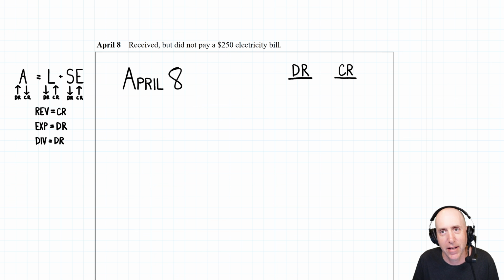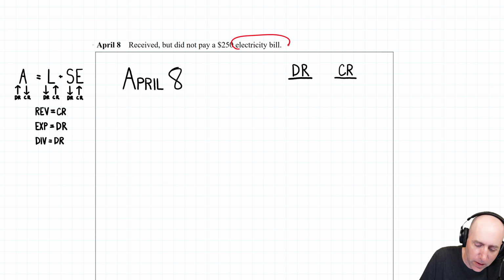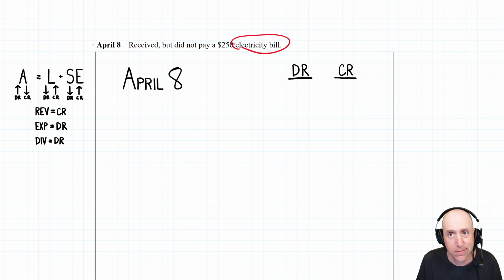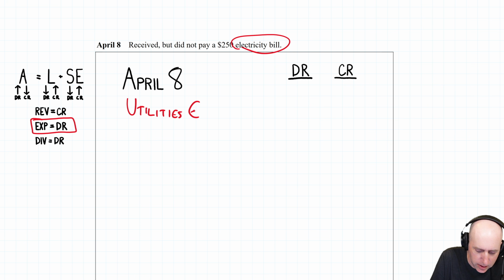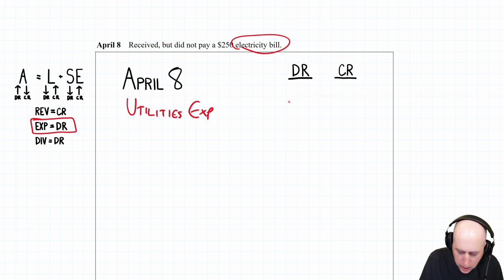Did cash change hands? No. What is an electricity bill generally going to be? A cost, an expense. So our debit is an expense related to electricity. You could call it electricity expense. I would be tempted to call it utilities expense. So that's what we'll call it here,